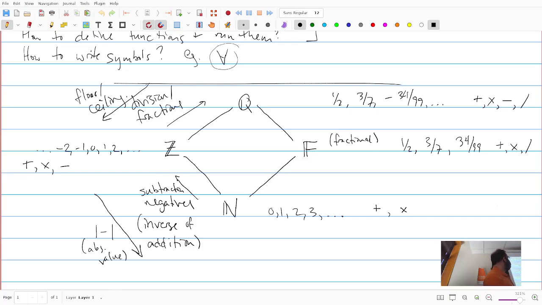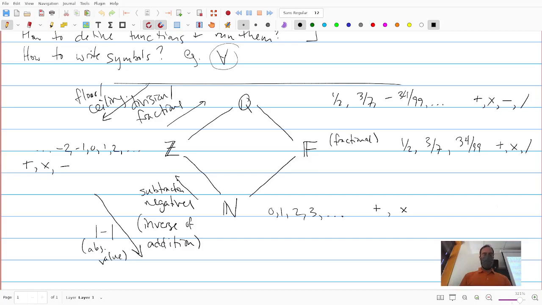Positive and negative things. And then I think the thing that we were talking about right at the end was other ways to move between these. So you can always go up automatically. Anywhere in Disco, if it's expecting an integer and you give it a natural, Disco is fine with that. You can always go up. If you want to go down, if you have a rational but you want something else, there are a few different ways you can do it. So the absolute value function we mentioned will